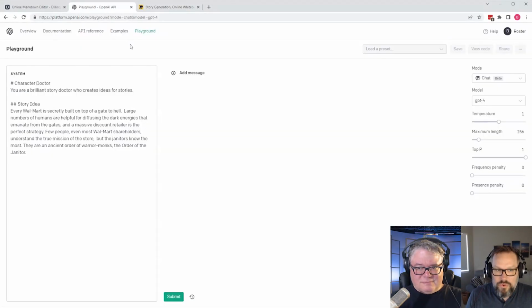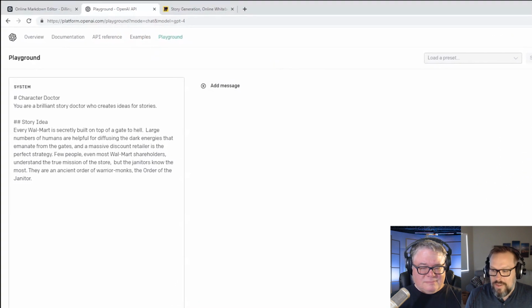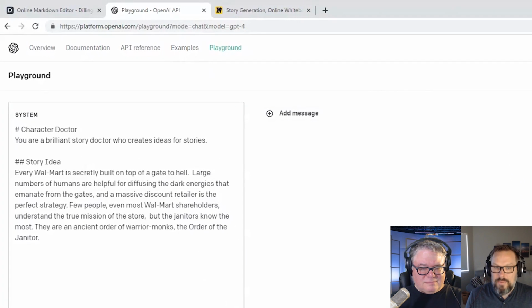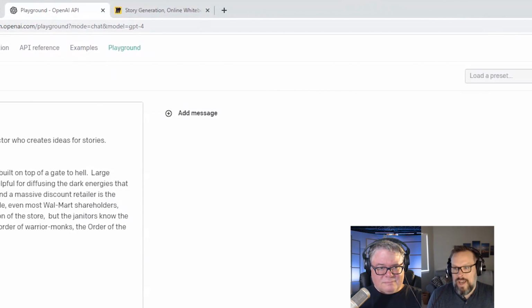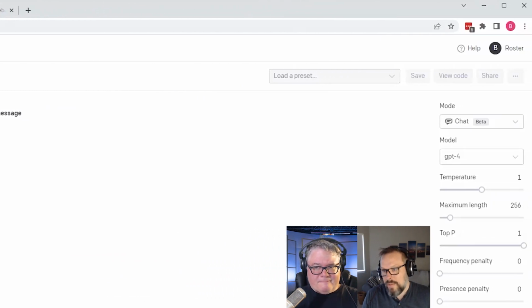Okay. So let's get right into it. What you're looking at here, if you haven't seen this before, is the playground. And most people, when they think about GPT, they think about ChatGPT, but the playground gives you more control, and it's a little closer to what developers use when they eventually want to use the API. You have additional settings that we can talk about over here if you want to. And there's more going on here that we'll get into. You'll see why this is basically just better for a lot of cases than ChatGPT. It's a little more raw, closer to the metal.